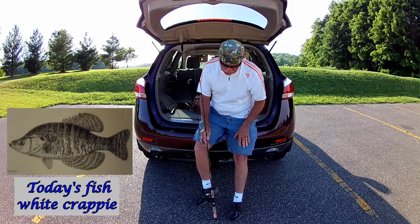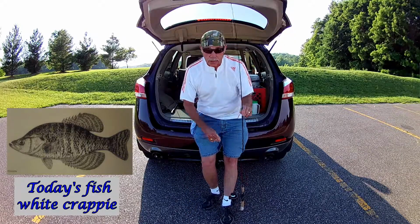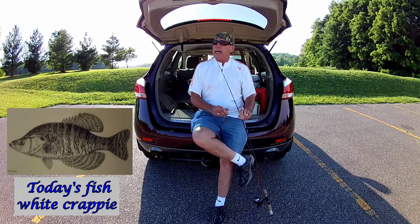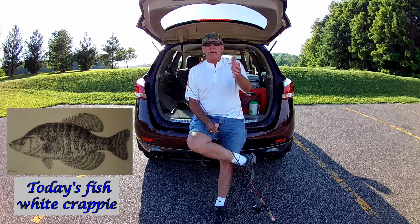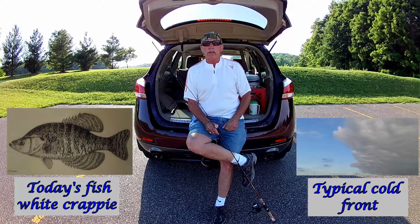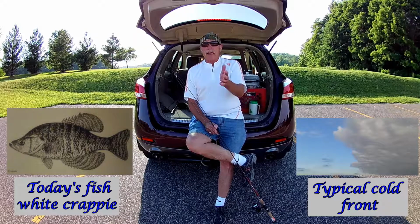So unfortunately, the front hasn't come through yet, so the temperature hasn't dropped. But the plan is to get out ahead of the front and hope that the fish activity picks up. Sometimes just ahead of a cold front, especially a big one like this one's going to be, it'll increase the fish activity. They'll get more active, and then after the front,